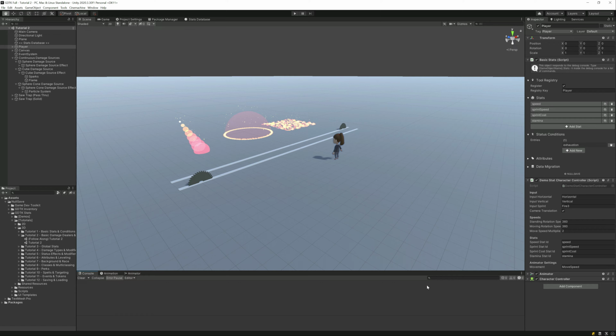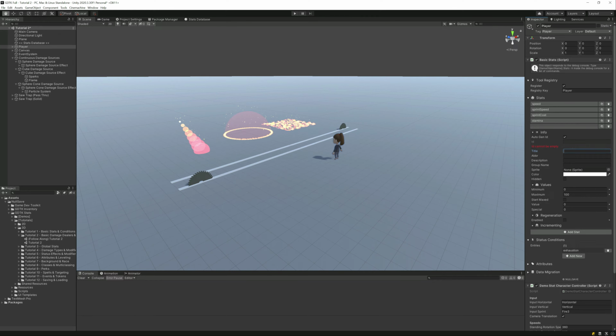In this video we're going to be looking at damage dealers and damage receivers. So what we've done is we've copied over the completed last tutorial and we've gone ahead and added a couple of particle effects and these saws that are going to move back and forth, and we're going to make them hurt us. So the first thing that we're going to do over here is we're going to add a new